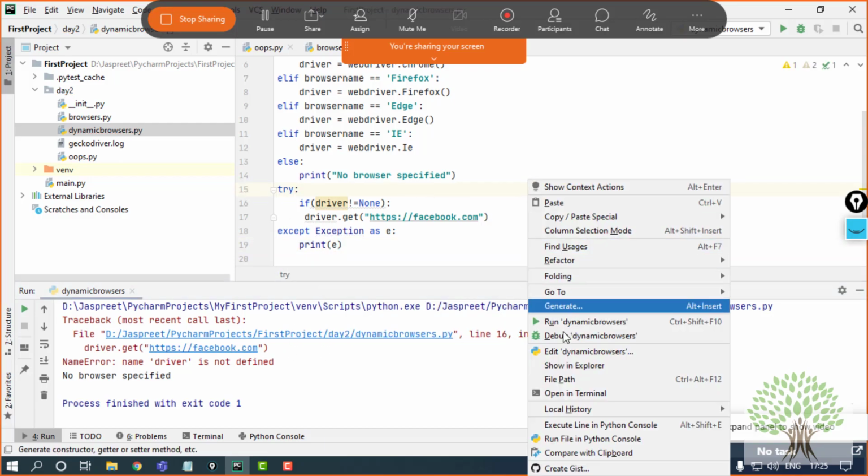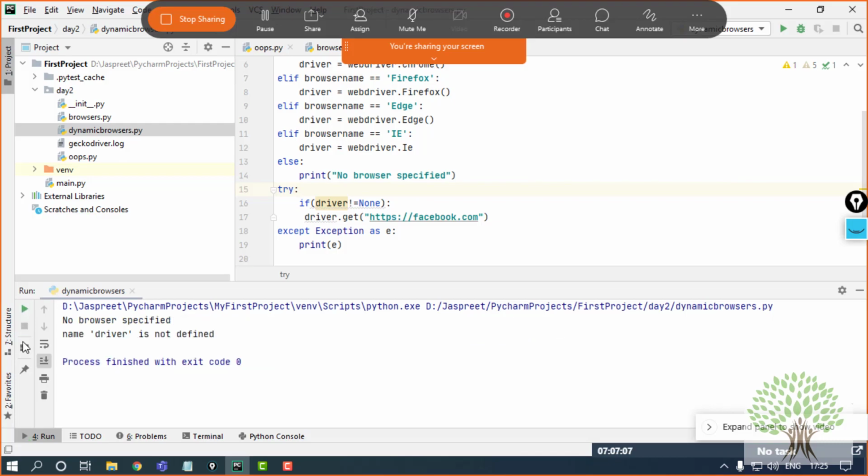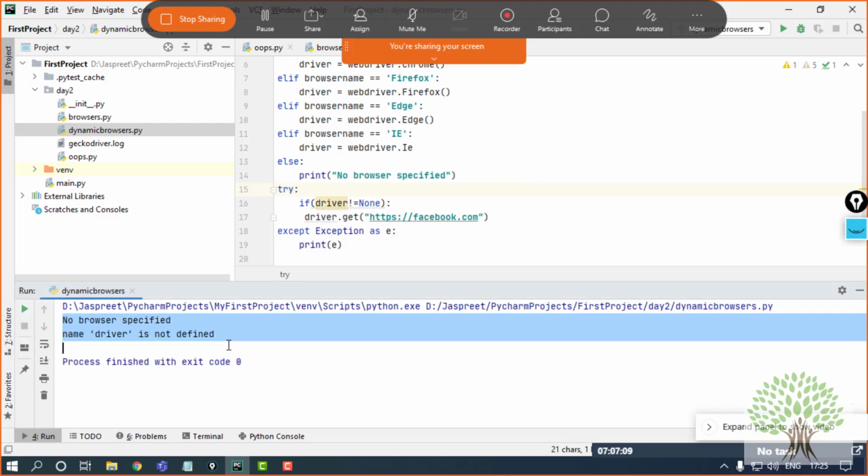Okay, so now if I run this, my program has not terminated abnormally. It has been terminated absolutely fine, catching the exception that comes up. Okay. Any doubts, any questions in this part?